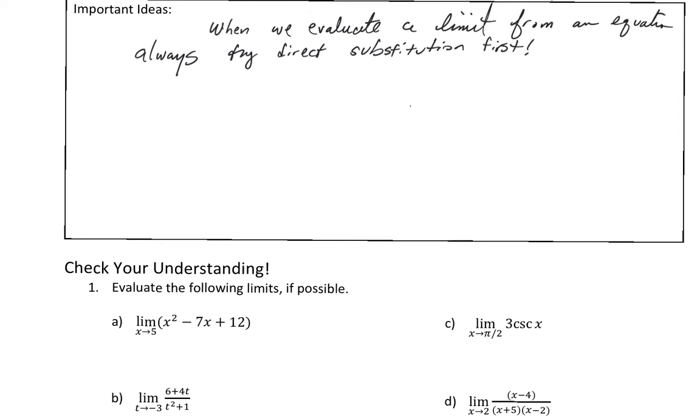Okay, so we're doing the Calcmedic lesson on evaluating limits analytically, and basically we called it evaluating limits by plug and chug. When we evaluate a limit from an equation, we always want to try to substitute first. If we can plug it into an equation and get a value, and that value matches the left and the right hand side, then it just makes life a lot easier, and it can get us a value very quickly,